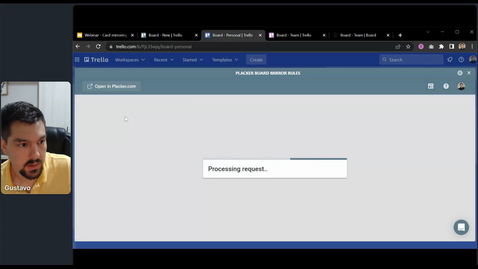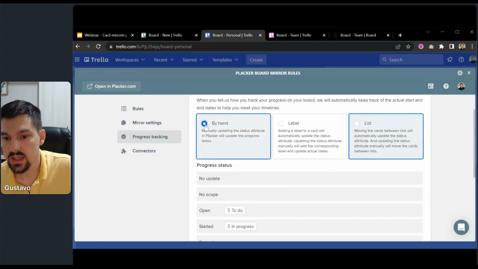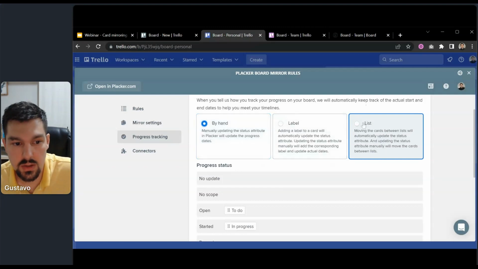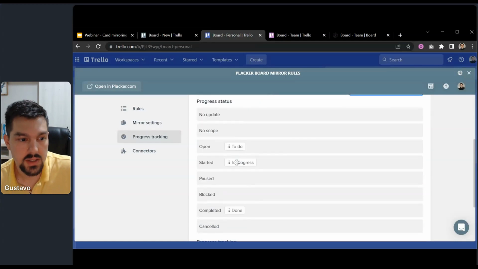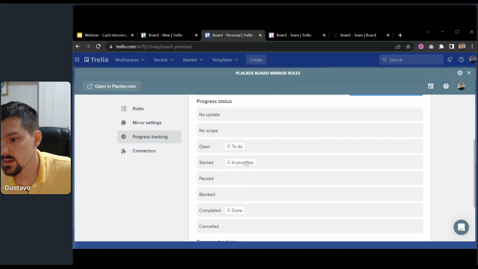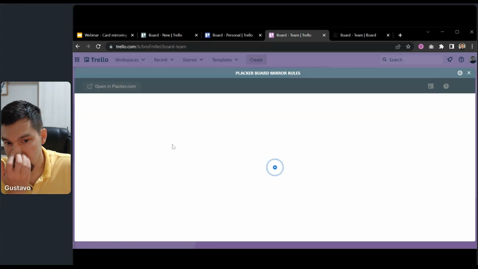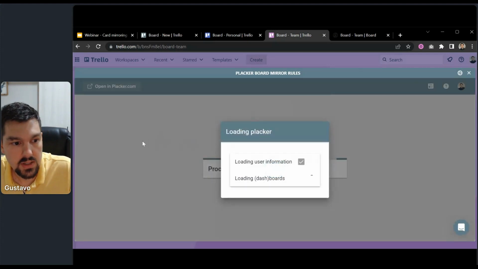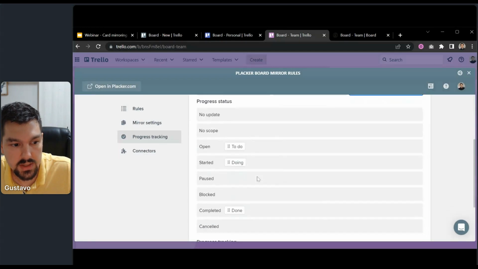I have clicked here at the left sidebar progress tracking, and by hand means that Placker will not change the status based on the list. But if you change to list, then every time a card is in the in progress list, the status in Placker is started, and the same thing goes in this board. The status is started if the card is on the doing list, and this makes the cards be synchronized. Okay,